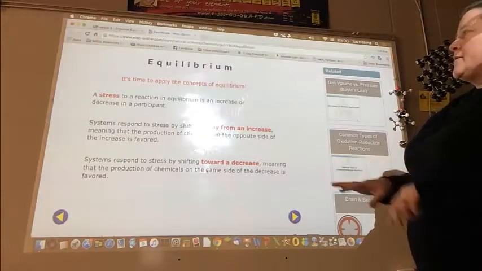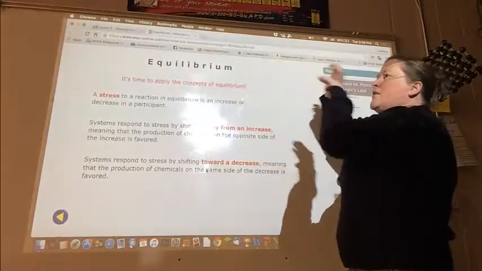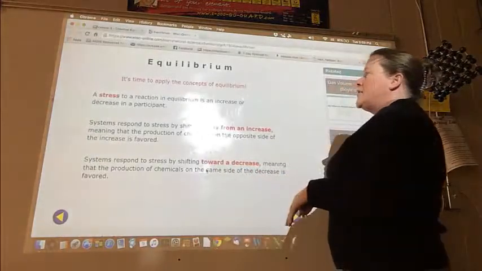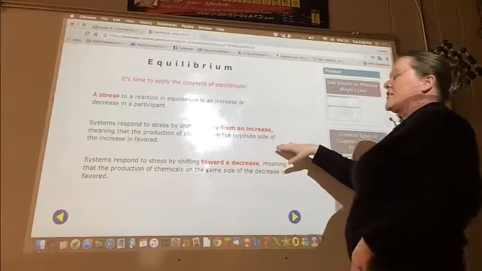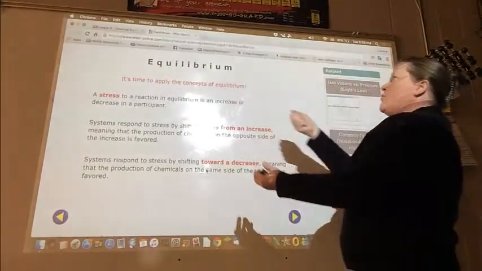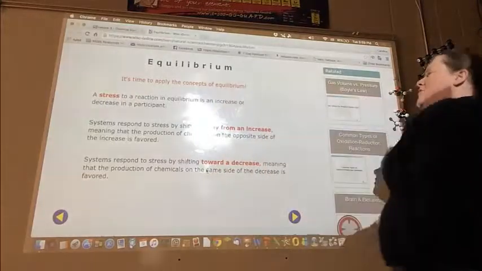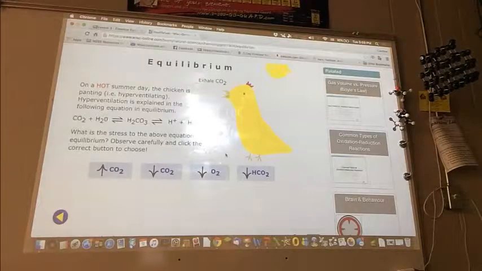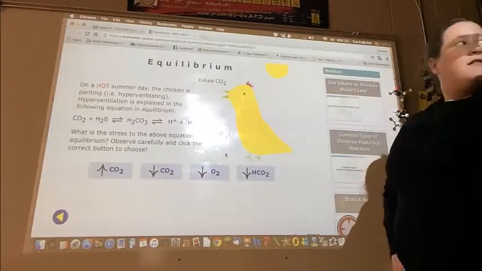So systems will respond to the stress by shifting away from an increase. So remember, if we are increasing on one side, we're pushing away, we're shifting away. And a decrease results in the opposite. So if we're removing from a side, we're going to be pulling in the opposite direction. So on a hot summer day, when the chicken is panting or hyperventilating,